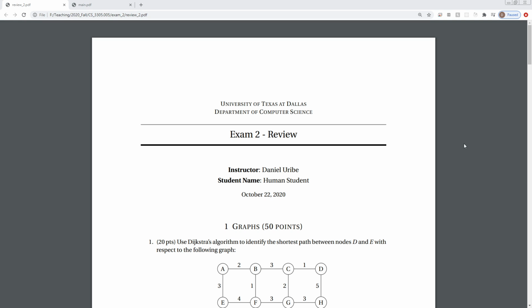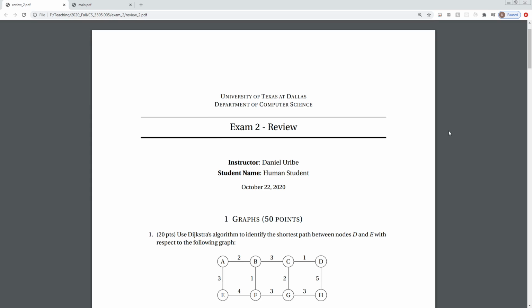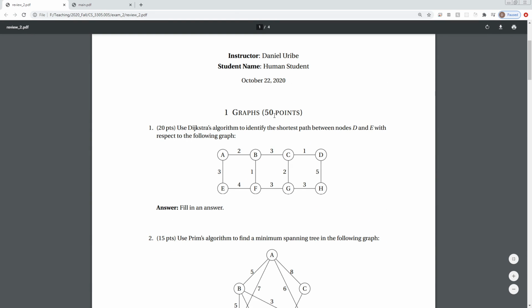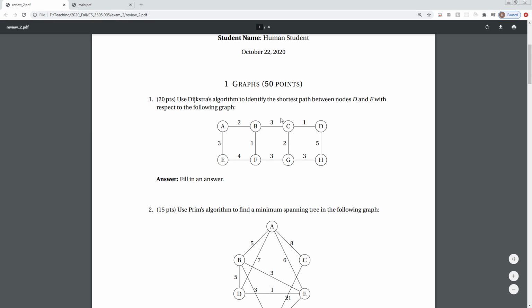Okay, so there's only two main problems for this exam. There's the one on graphs and the one on trees, and then there's some sub problems. Okay, so for the one on graphs, use Dijkstra's algorithm to identify the shortest path between nodes D and E with respect to the following graph. Okay, so we start here and we get here. And if you remember Dijkstra's algorithm,